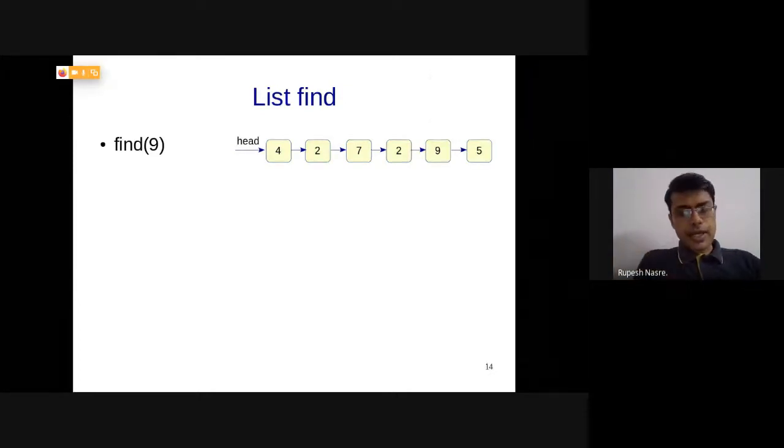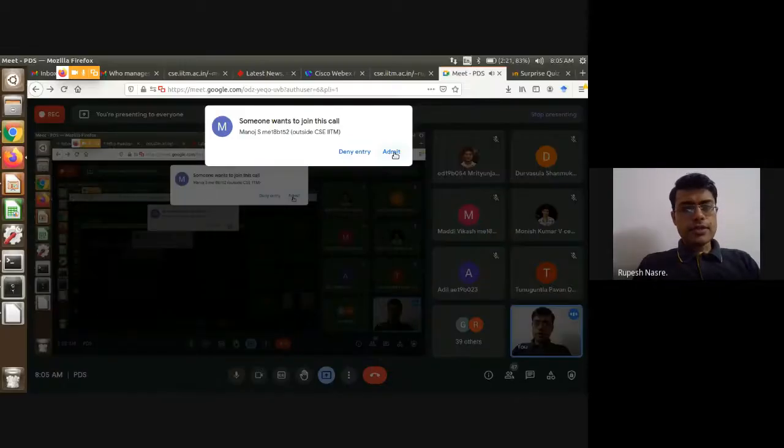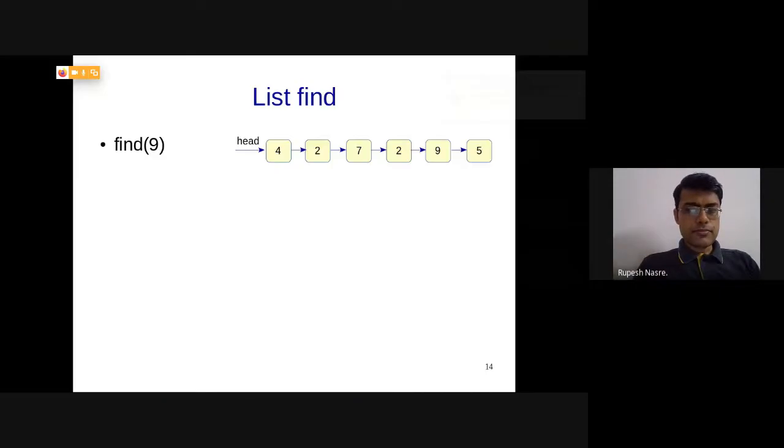You can actually try writing in C++ or C. So you are given an element as an integer, and you would like to search for it in the linked list. You have access to the head somehow.